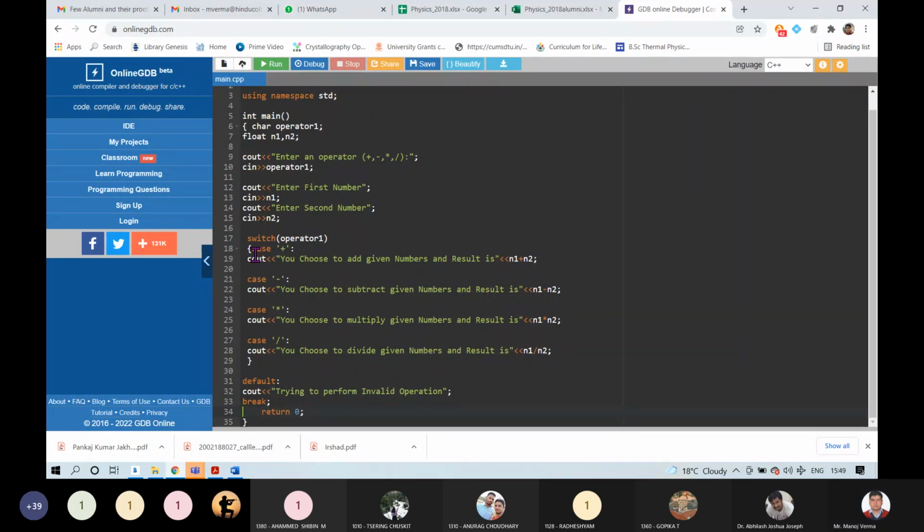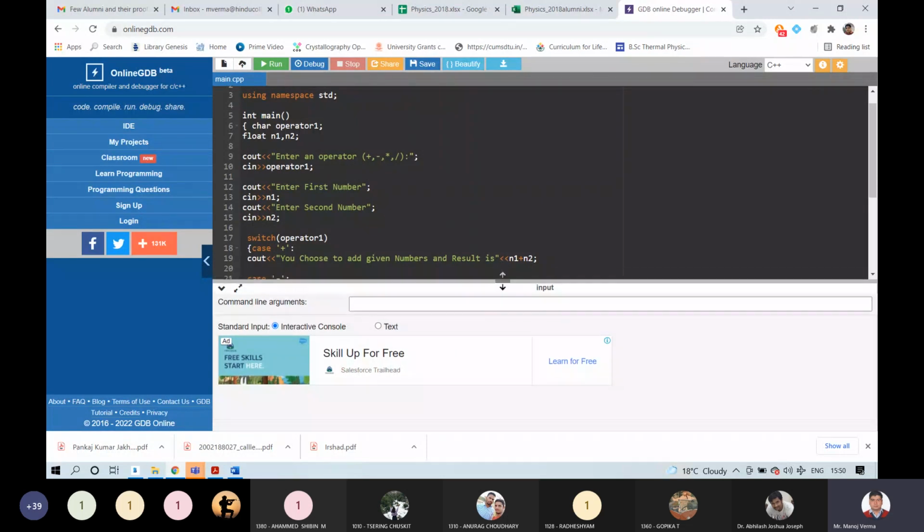So you can see this switch case enables you to choose different scenarios as per your requirement.